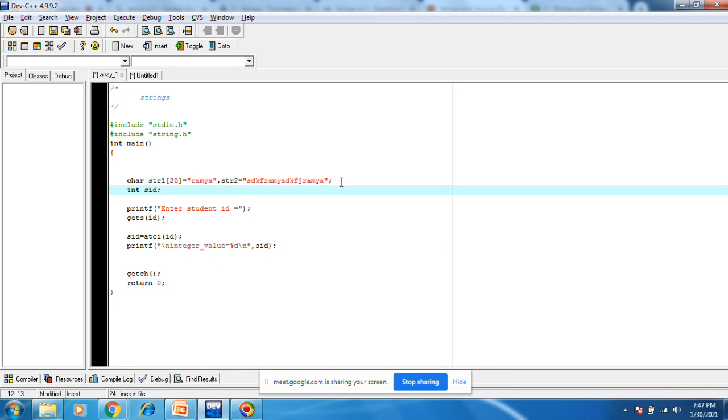Let's see this small example. str1 is the first string, this one. Second string, this one.